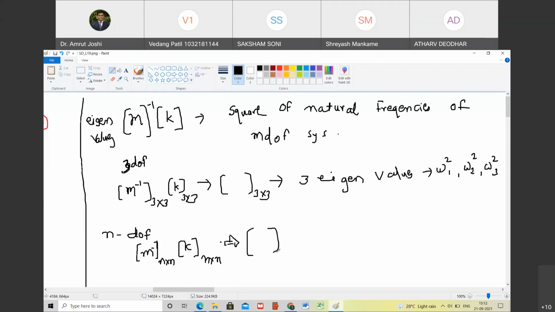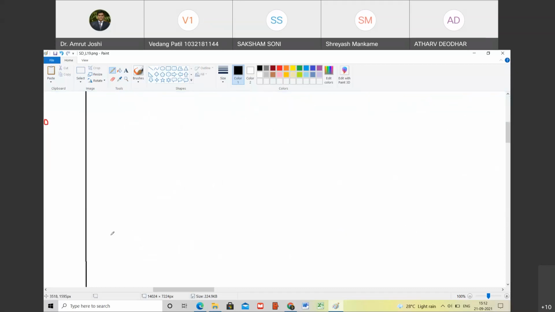N cross n. So how many eigenvalues will an n cross n matrix have? N eigenvalues. Are you with me? Yes, sir. And what are those eigenvalues? Omega 1 square, omega 2 square, up to omega n square, the n natural frequencies. Do you agree with me? Yes, sir. So first observation,